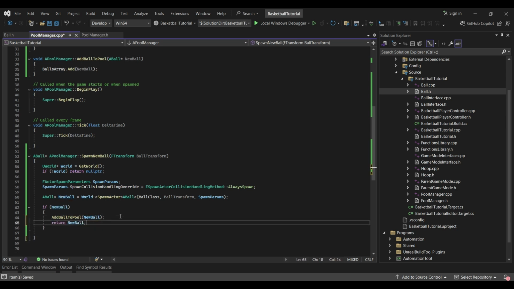Or we can do this in here and also return here null pointer. If the new ball was successfully spawned, we add it to array and we return it. And if this return wasn't reached, it means that the new ball wasn't spawned, and we go here, we return this. Okay,